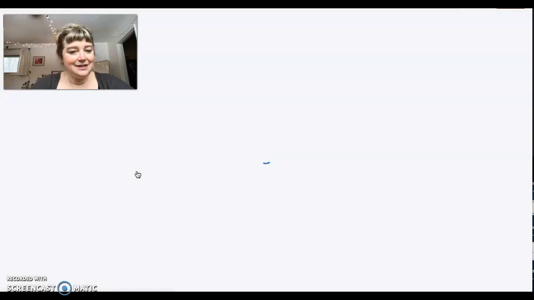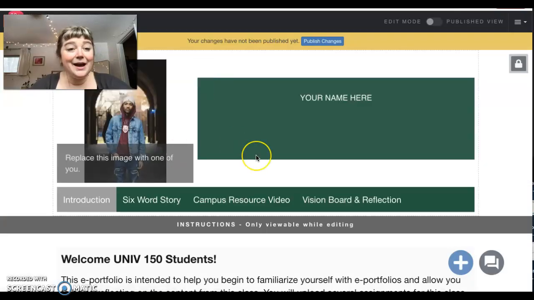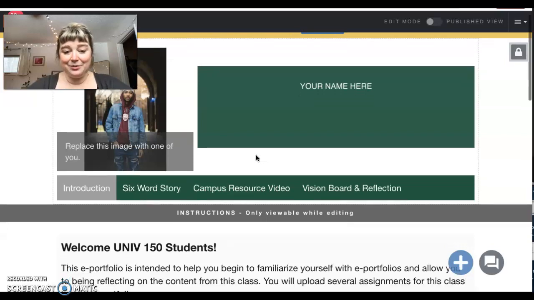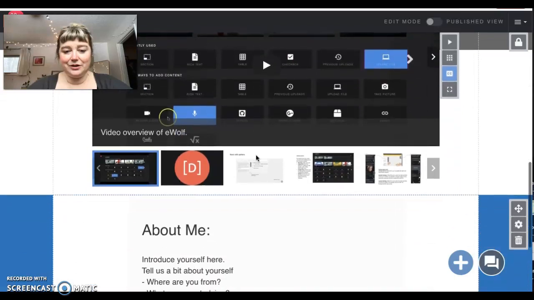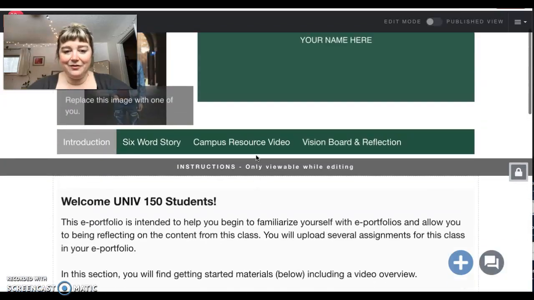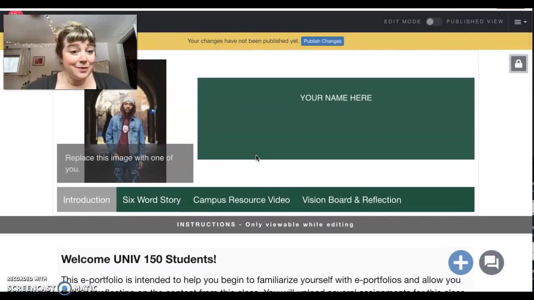If I click on this, I come to my own copy of the ePortfolio template for this course, and I can start modifying this. There's instructions here to help you remember how to modify things, and you should be all set from there. So hopefully this helps you to get a quick tutorial sense on how to copy the template